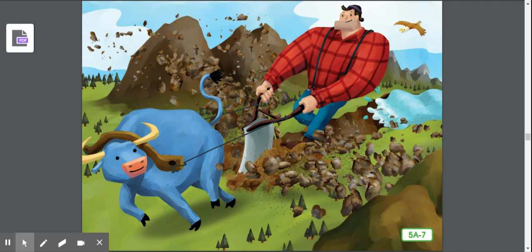From that day on, Paul and Babe went around the country using their size and strength to help anyone who needed it. Later, they dug the Grand Canyon as they made their way to the West Coast. And when the wind blows just right from the west, you can still smell those infamous colossal pancakes cooking on the frontier. Do you think you can still smell those pancakes, or is this an example of an exaggeration?